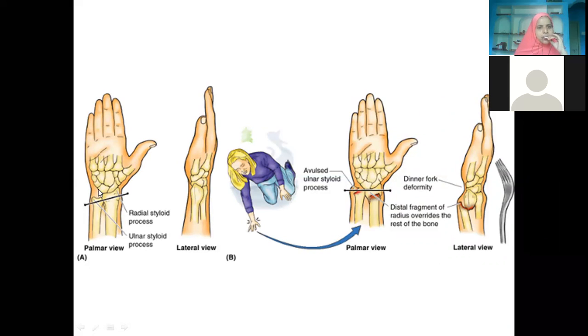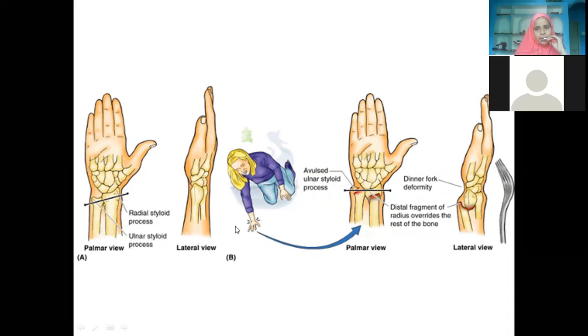Okay. Now this is the lower end of the radius and ulna. So towards the thumb, you can make out this is the lower end of the radius bone which is expanded, whereas lower end of the ulna bone will be comparatively narrow. Okay, and they are not lying in the same plane. Actually, radius length is little longer downwards when you compare with ulna.